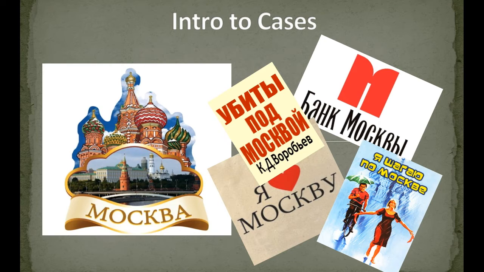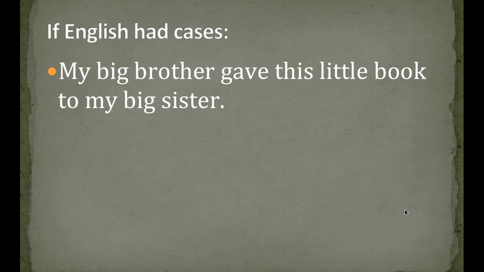Well, that is because in Russian there are 6 cases, meaning that the ends of words change depending on what you're saying about them. So the word Moscow in all of these is changing because a different thing is being said about Moscow in each of these. So it's feeling a little bit overwhelming. But in this video, we're going to sort of break it down, what the cases are, and some strategies for how you can learn them.